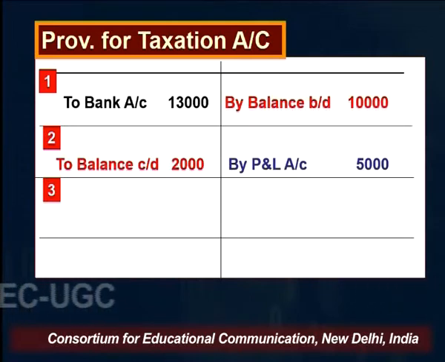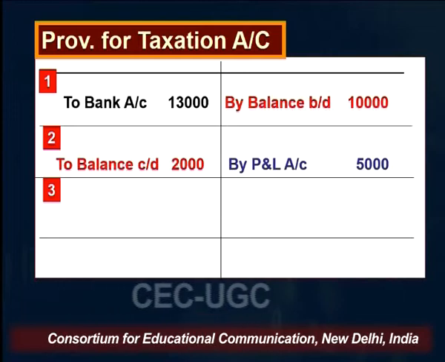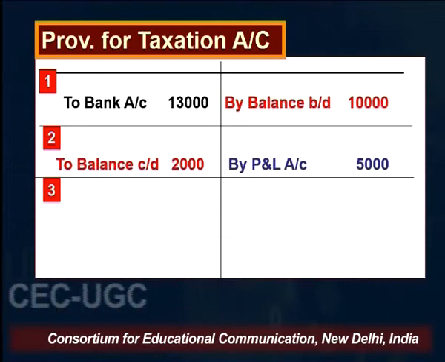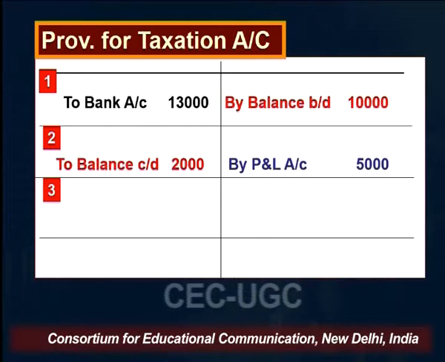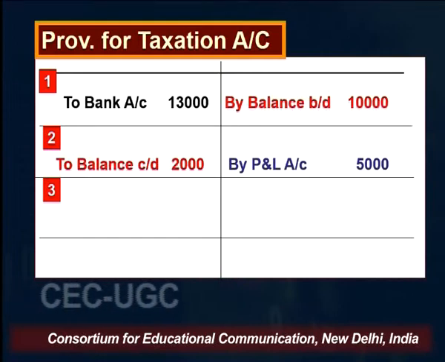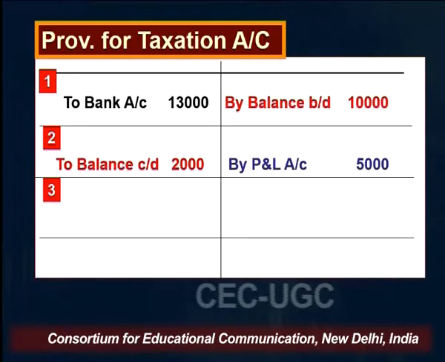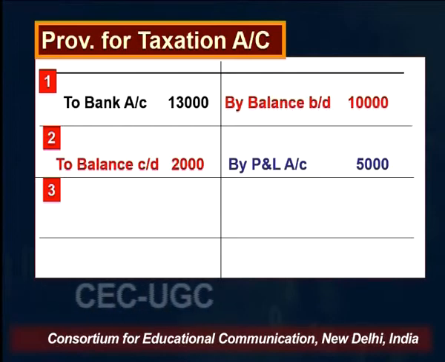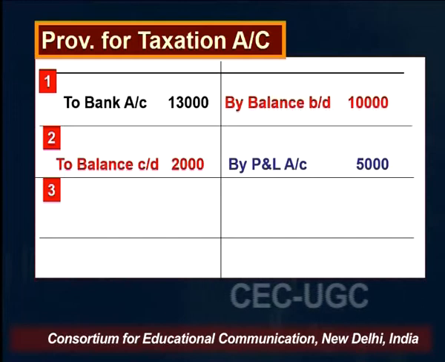So you will write to bank account rupees 13,000 as balancing figure, because 15,000 rupees is on the credit side and you have only a closing balance of 2,000 on the debit side. So we shall assume that this 13,000 must have been a payment of tax. This is the way we deal with provision for taxation when we have opening and closing balance given in the question along with the amount allocated from profit and loss account. But what if in place of the amount taken from profit and loss account, the question provides you the amount of income tax paid? Then the same will be the treatment for profit and loss account. We shall be finding it as a balancing figure.